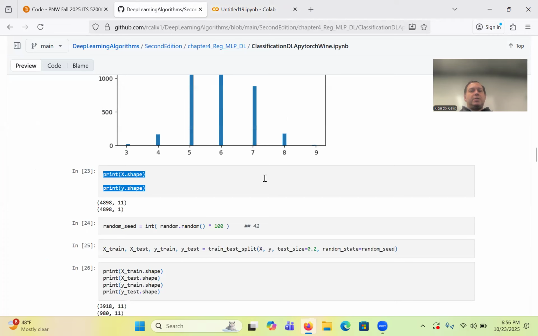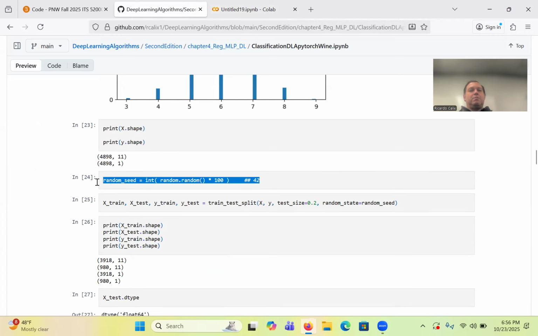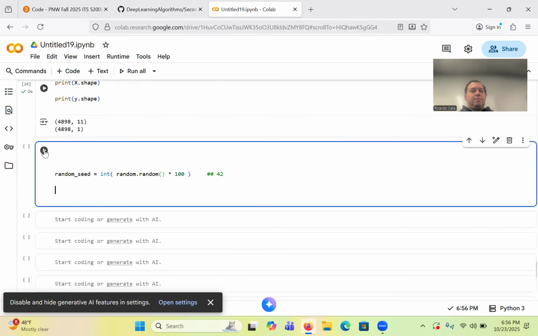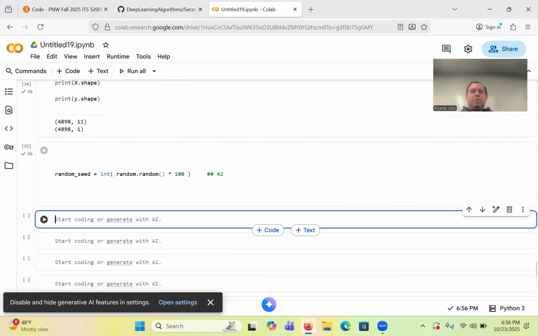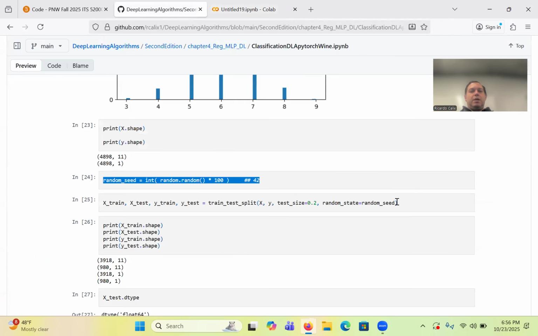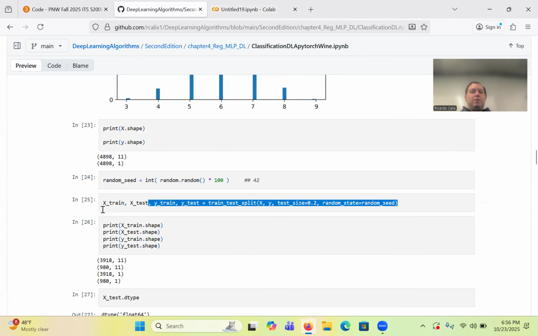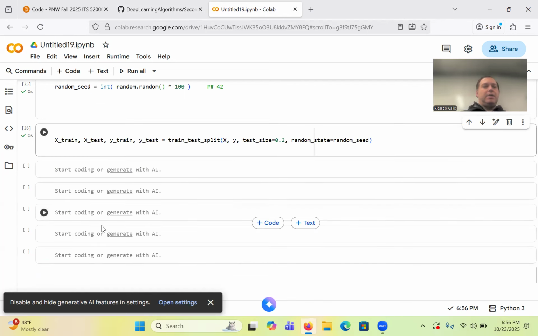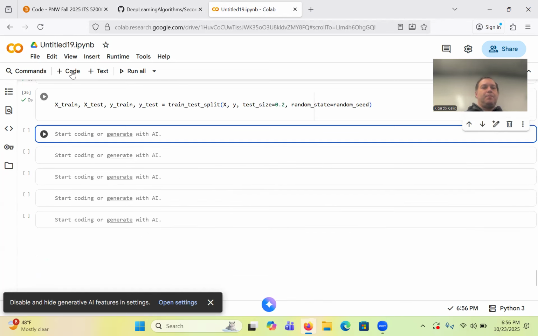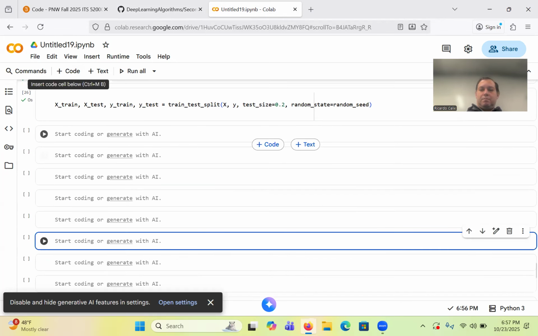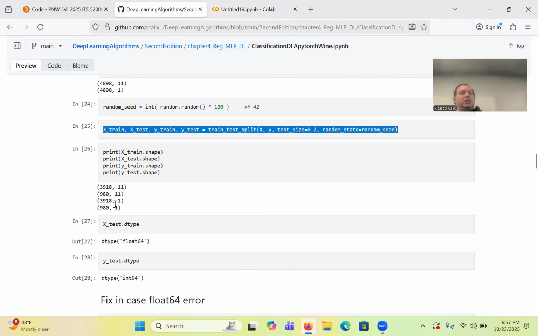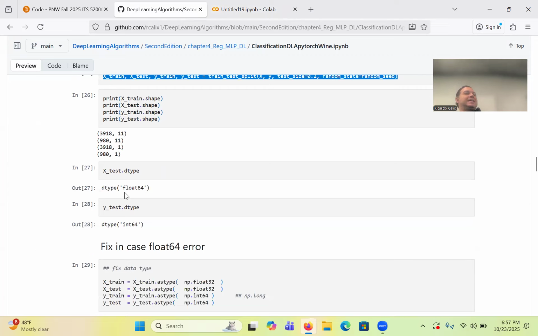Do the train test split. I'm going to use the random seed on my X train, Y train, X test, Y test. Okay, so I have my data there. We can print the shapes or just see them here. Remember the data type